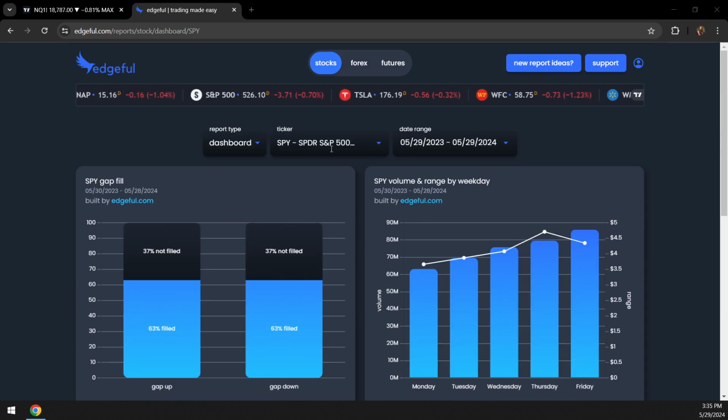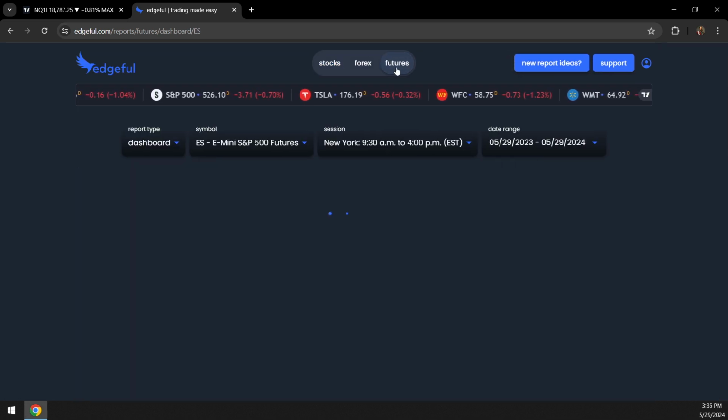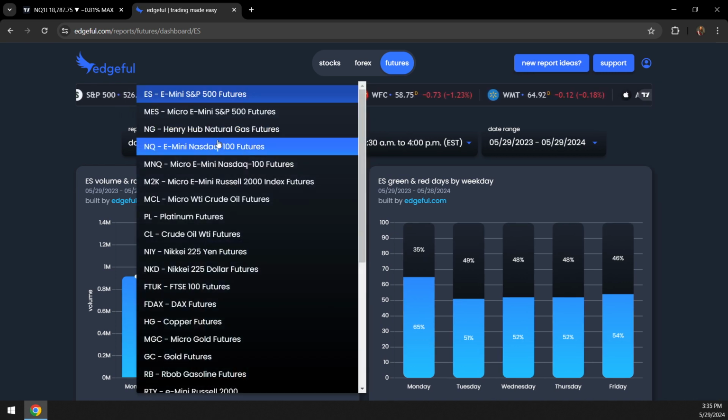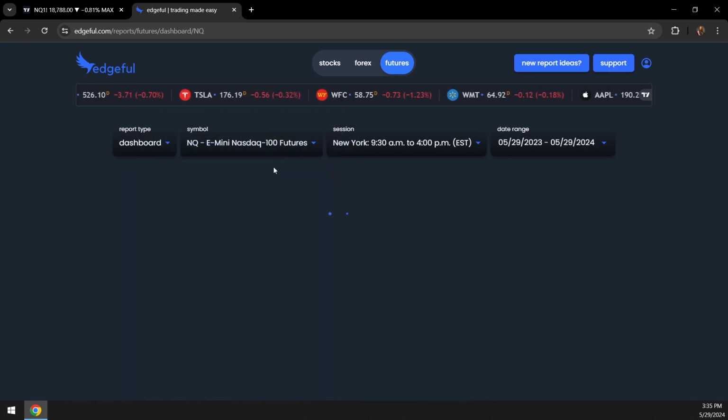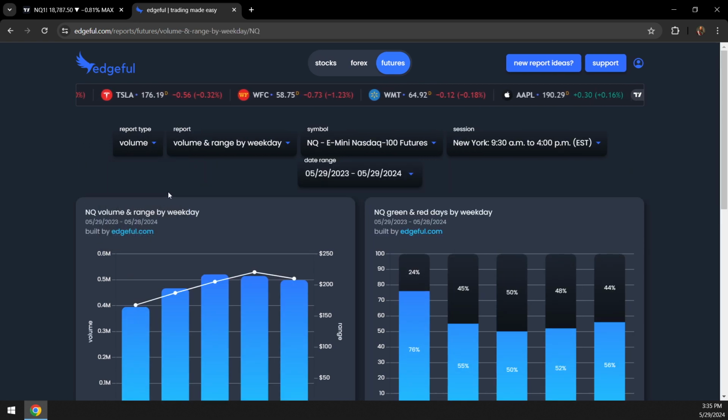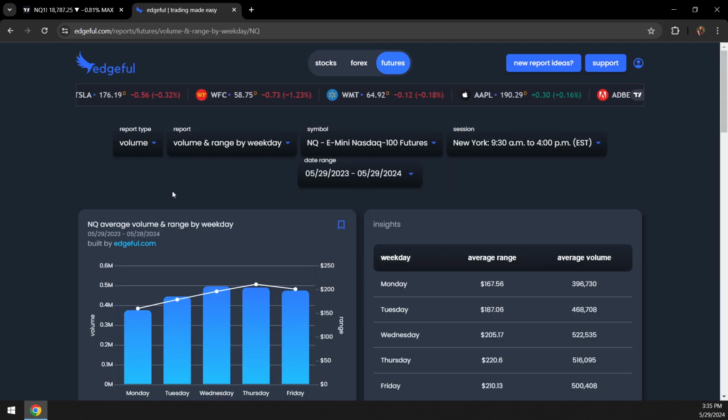But let's go over to futures just because that's what most of us trade a lot of. And that's what I trade the most of. So I'm going to go to NQ. We'll look at NQ. First one I'm going to show you guys, and I've gone over this in a video, but I do like